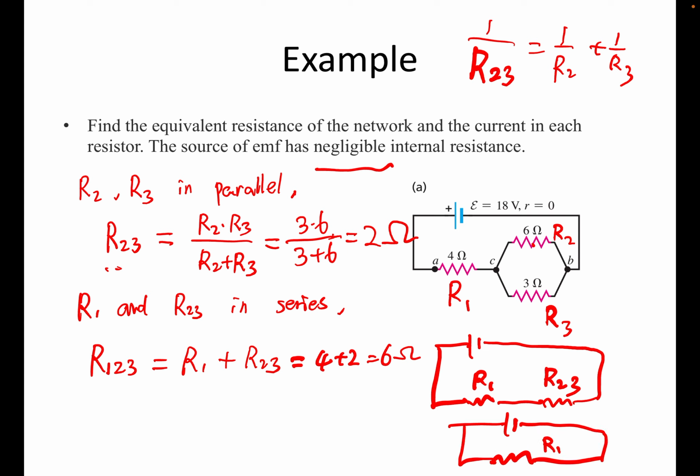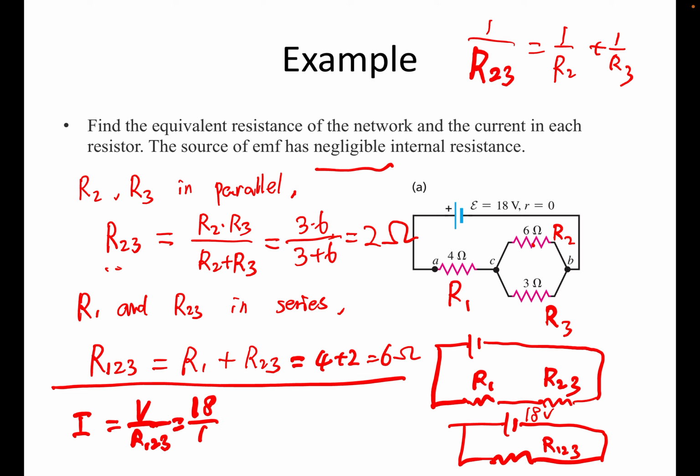Call this one R1 to 3. This is 18 volt, and R1 to 3 is 6 ohm. So the total current going through the circuit is V over R1 to 3, 18 over 6, 3 amperes. Okay, so which means the current going through here is 3 amperes, which also tells us for R1,